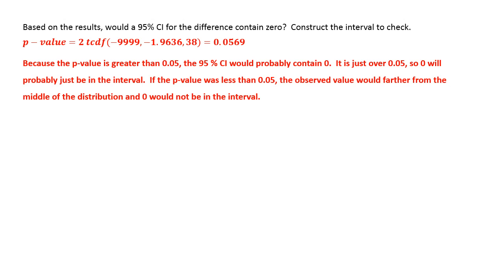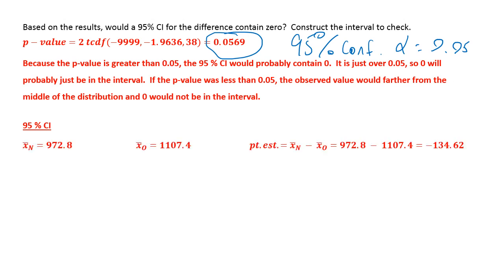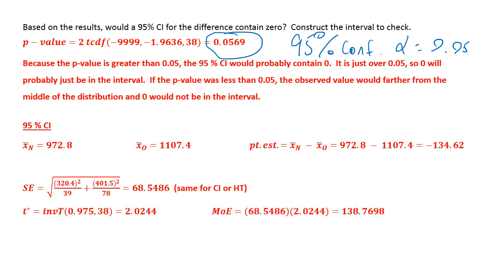We said the confidence interval would probably contain 0, but probably just barely contain it, because that's very close to being the 5% of the alpha, because we're at a 95% confidence level. So alpha is 0.05. All right, so we did a 95% confidence interval. We again used the difference in the two means, calculate our standard error, same one we had before. And here we find the t, which is 0.975, and we use 38. The smaller sample size was 39, and we come up with a margin of error of